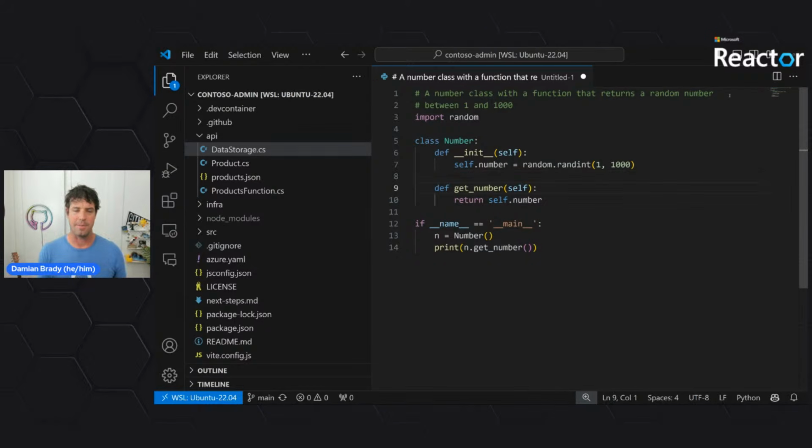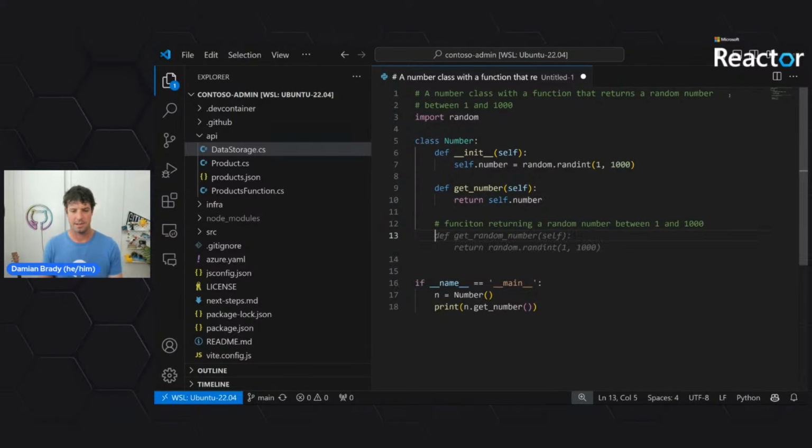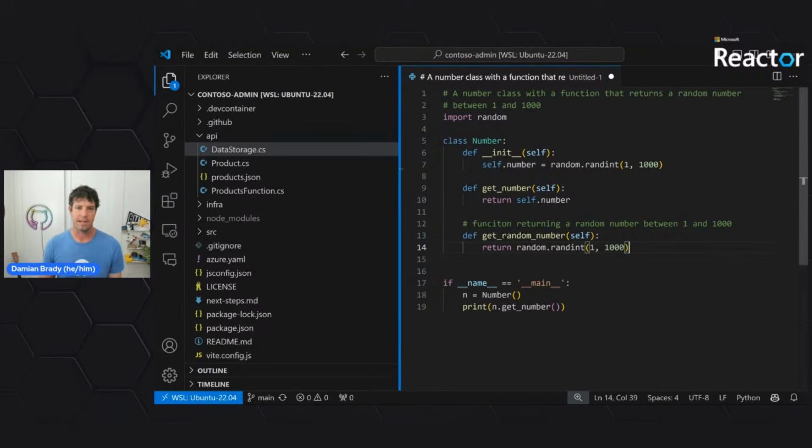But again, the message with anything with Copilot is if it's not giving you what you want, then you need to provide more context. So let's do it over here and say, actually, we want a function returning a random number between 1 and 1,000. There we go. And so because we've given it that context kind of closer to where we need it, it's given us that function. In terms of giving a whole big set of bits of code and asking it to implement them in different languages, because this is kind of an autocomplete on steroids, that's not really the place for that kind of work. But you can get a lot of better results with that kind of thing with Copilot